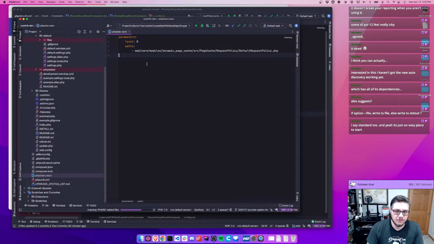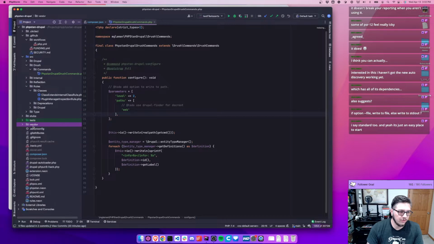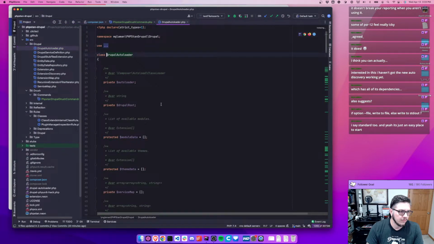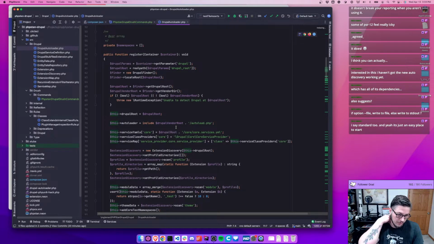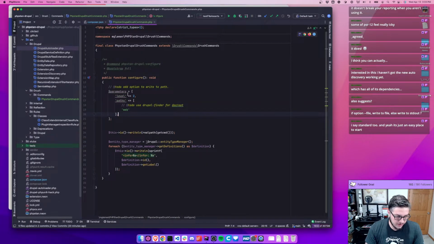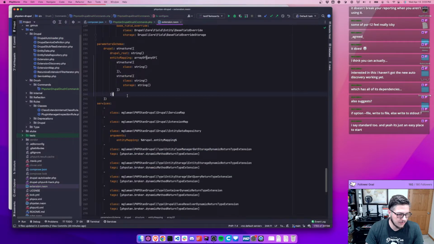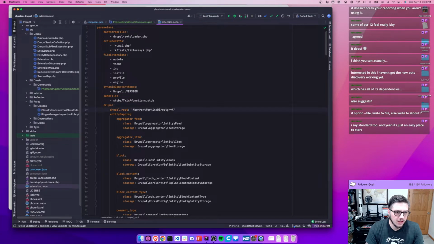So we have the paths to there, and what else could be configured? We don't necessarily want to run the Drupal root. Well, maybe we do. This is gonna make me think about all the stuff I don't remember. So real path to Drupal root. No, we don't want to generate that. We want that to be configured. By default, it is based on the current working directory. So Drupal root discovers Drupal from the current working directory. We don't necessarily want to provide an override for that, but what we do want to do is,